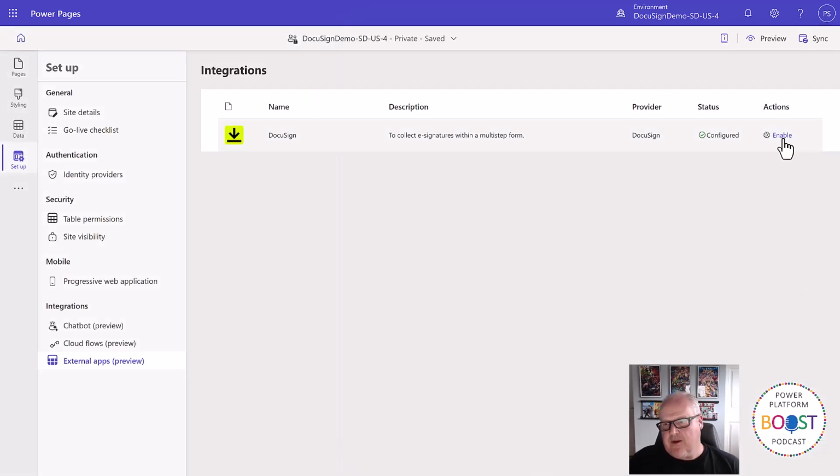So here we have these actions to enable, but before we do that, we actually need to go to the cloud flows and set that up for the particular website. So we're going to need to enable the flows to the website. So here I'm going to go to cloud flows,